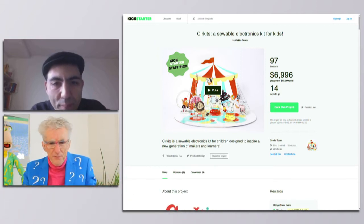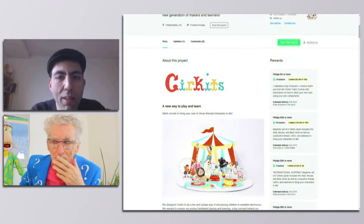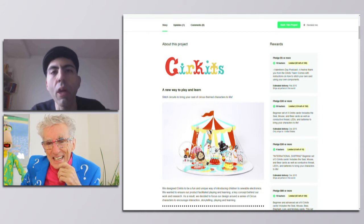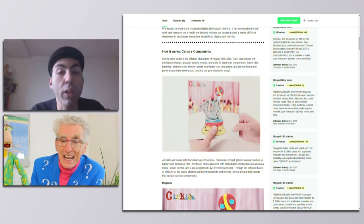I mean, it looks like for 3-year-olds, 4-year-olds, 5-year-olds, 6-year-olds. How far does it go up to? Probably 10, 12 or something like that, huh? It can go up to 10, 12, but our experience also shows that these kinds of kits build a lot of parent-child interactions. So you can play with your grandchildren, you can play with your daughters, and you can really have